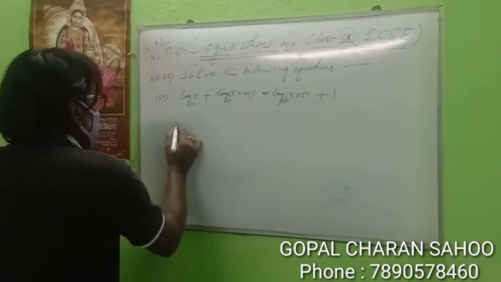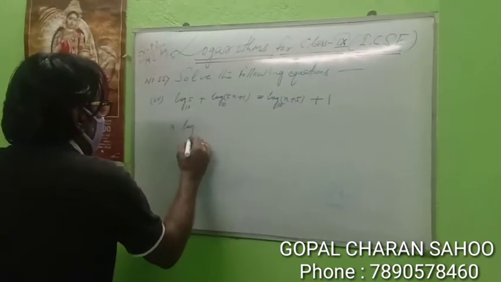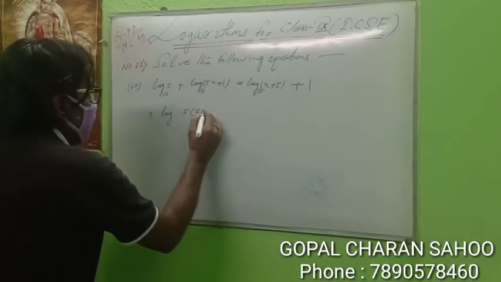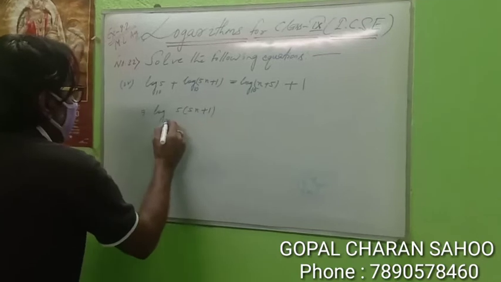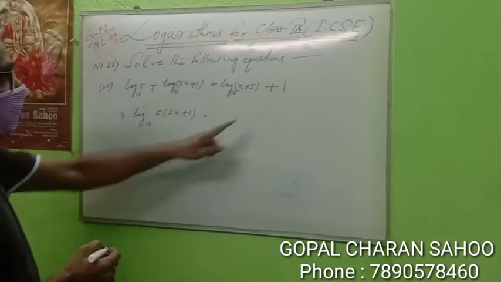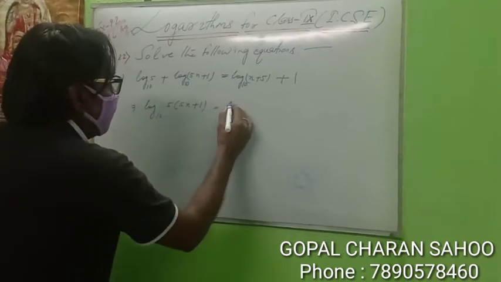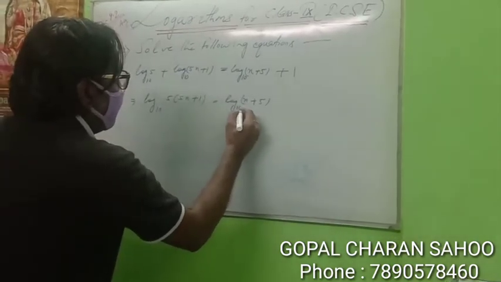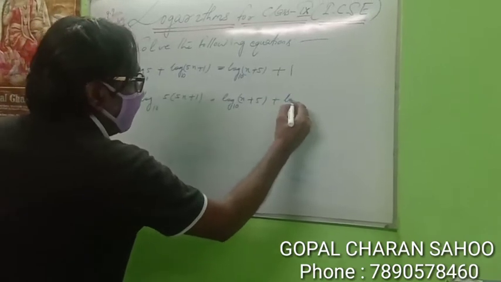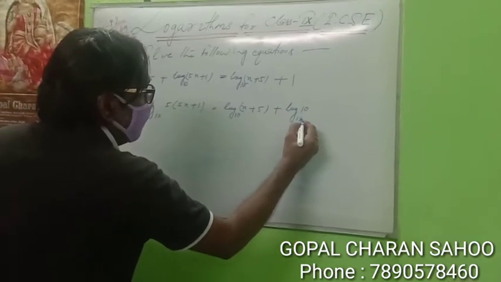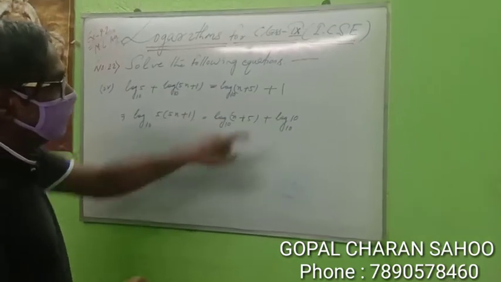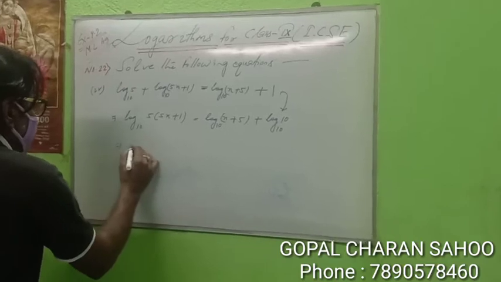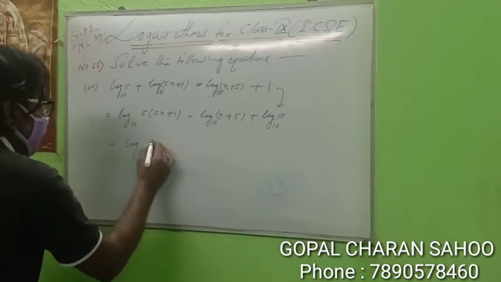Now we see how to take this one. See this side plus sign given, that need to multiply 5 whole into (5x + 1) base 10. This side is what? Log (x + 5) base 10. This 1 means what? I have to write here, the 1 means log 10 base 10. Log 10 base 10 is equal to 1. Instead of 1, I have to write here log 10 base 10. Now, this will be 25.